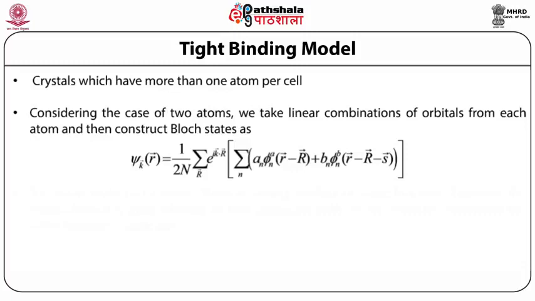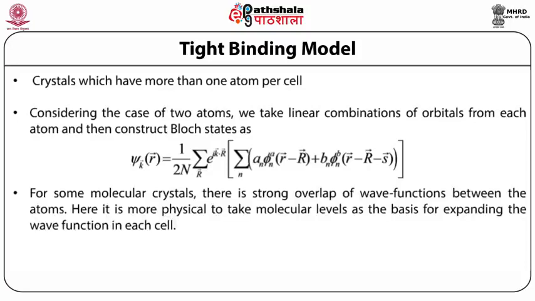and then in the big square brackets you have the following, that is summation over n of an phi n plus bn phi n. While including a large number of states from each atom and constructing general wave functions is straightforward, developing useful insights and simplifying analysis to practical levels requires some chemical and physical considerations.